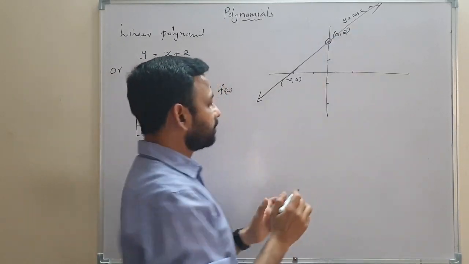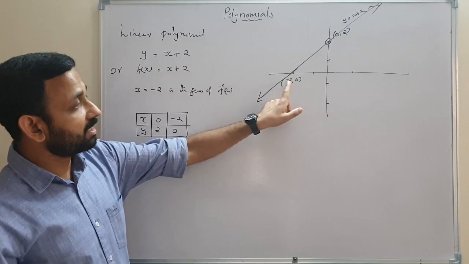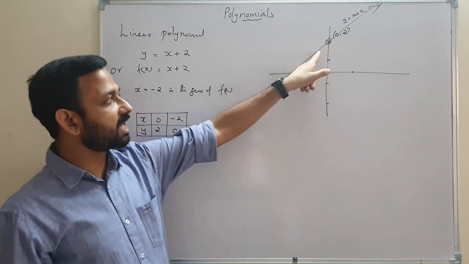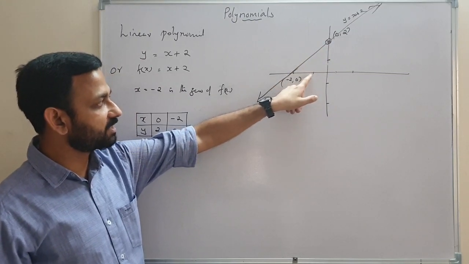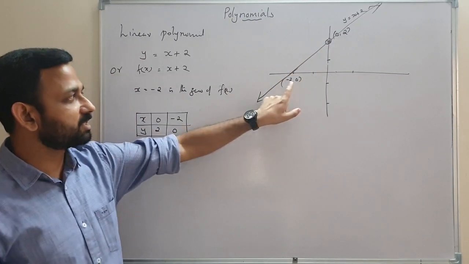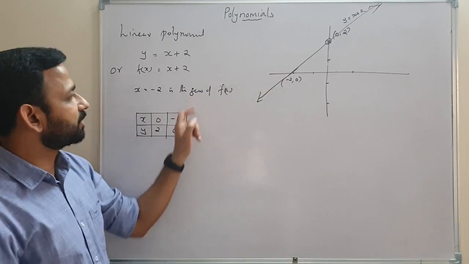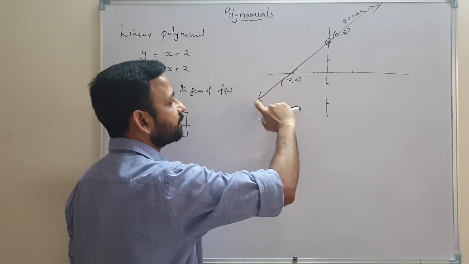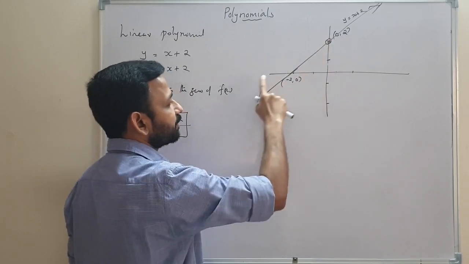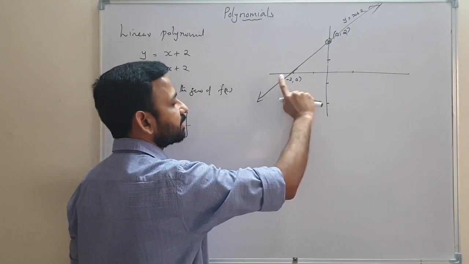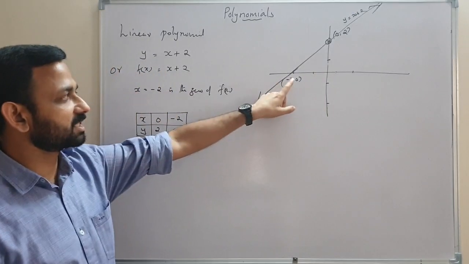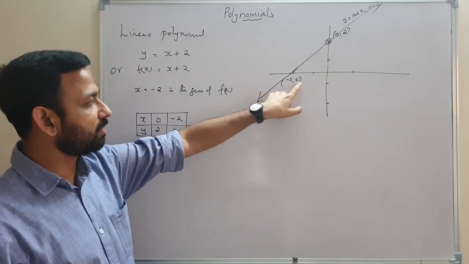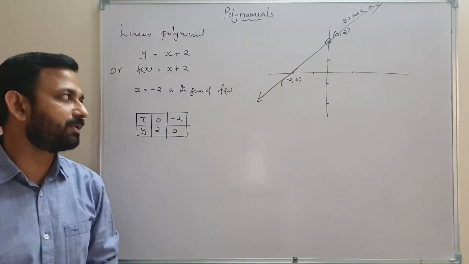And that minus 2 is actually the x coordinate of the point of intersection of that line with the x-axis. So minus 2 is the 0 of the polynomial, and that minus 2 is the x coordinate of the point of intersection of the graph of that polynomial on the x-axis. The point of intersection of that line and x-axis is minus 2 comma 0. Its x coordinate is the 0 of the polynomial.